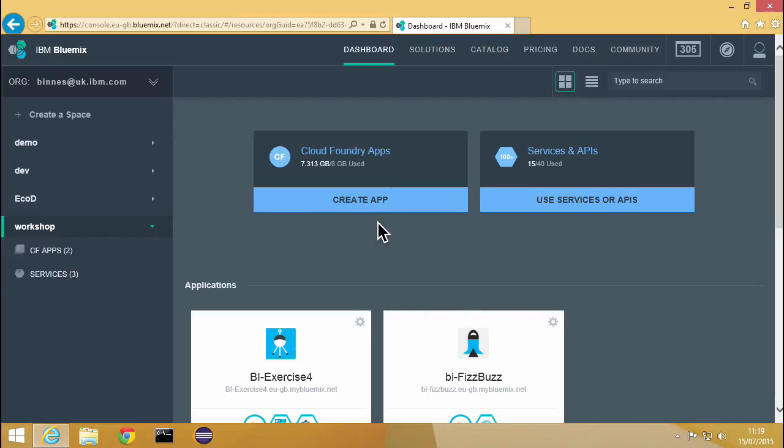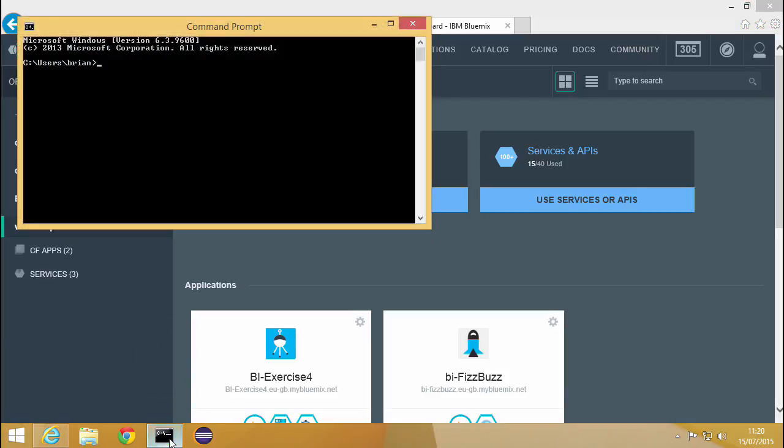This is the solution to exercise 6b. In this exercise, we're going to create a user-provided service. We're going to use the command line. So if we launch the command line,